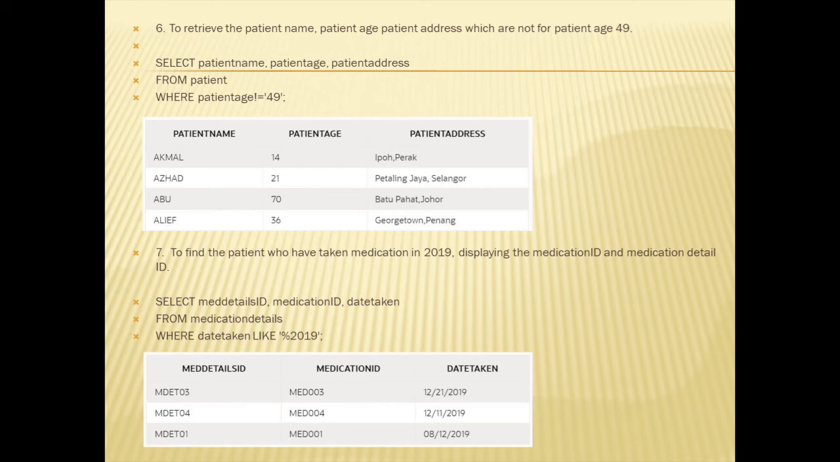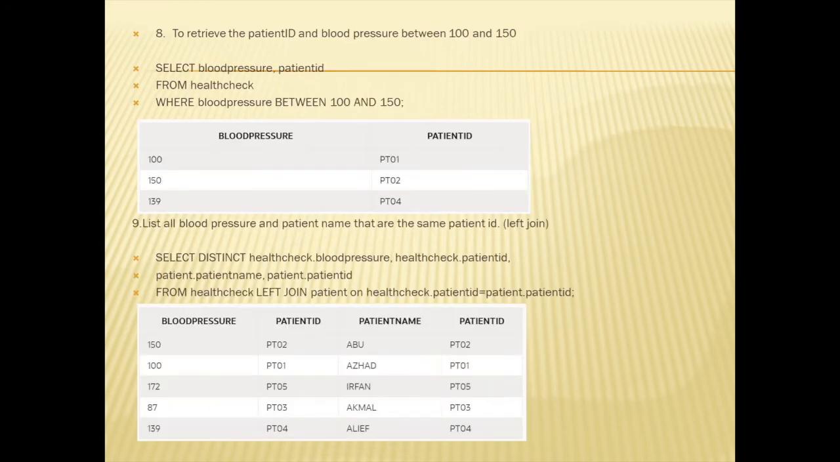Number 7. To find the patient who have taken medication in 2019, display the medication ID and medication details ID. So the command is select med details ID, medication ID, date taken from medication details where date taken like '%2019'. For number 8, to retrieve the patient ID and blood pressure